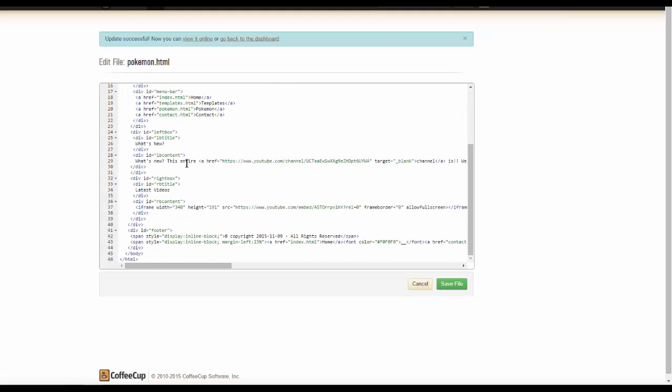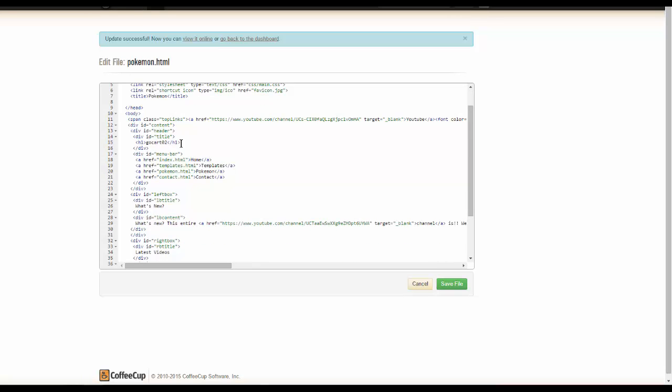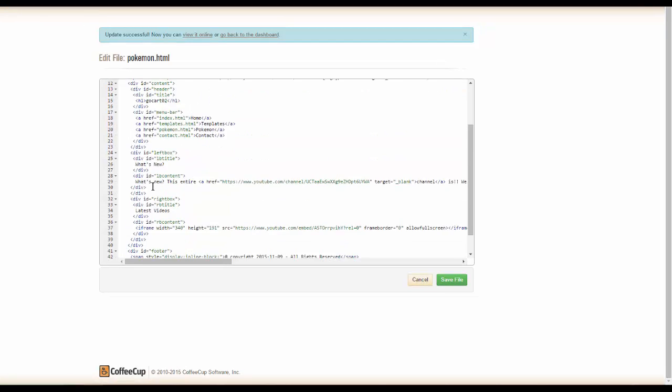For example, right here, here is my GoCarter2 website, and here is the markup. It tells the browser what to show. So now we're back here, and it's just telling your browser what to do. Your browser does not have a clue what to do until you